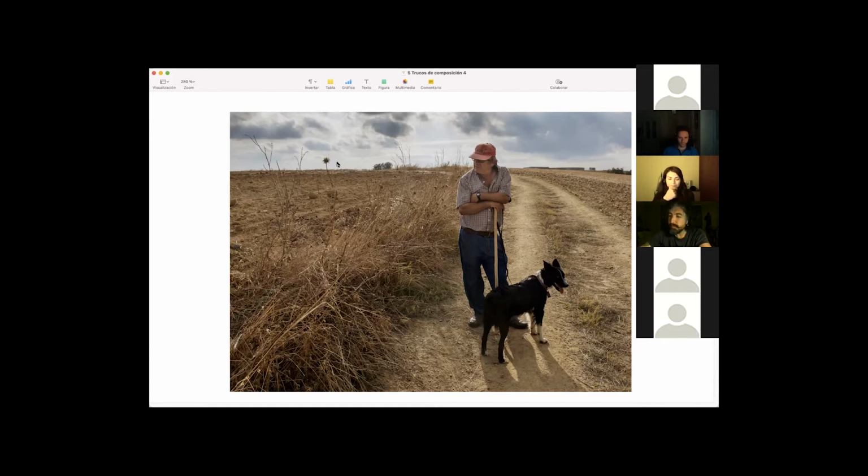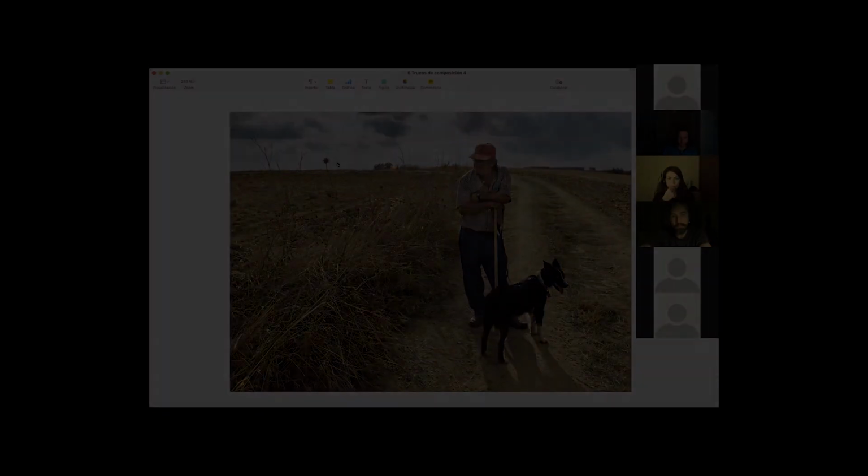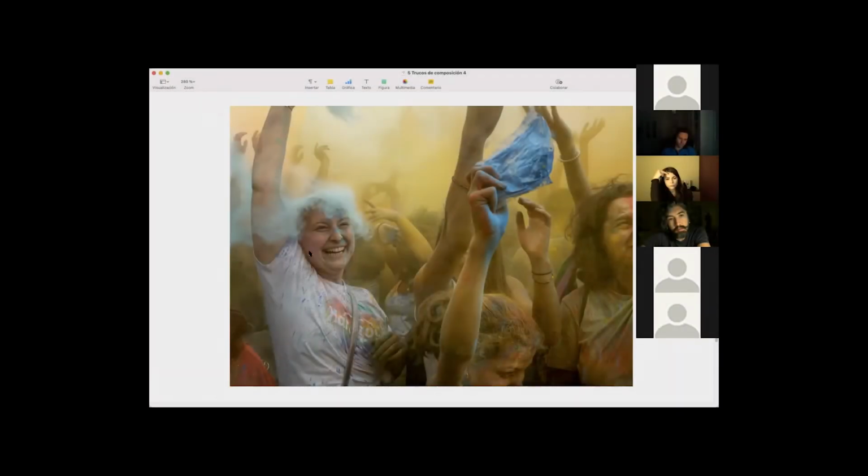Because I want to talk about the place. I want to talk about where these guys spend the time and all of that. We see ourselves sometimes in the middle of situations where there is loads of people, and it's very complicated to photograph when there is a big gathering of people. I don't know if any of you go to demonstrations or parties or stuff, and it's complex, right? Because how you compose with the rule of odds and guidelines and all of these things in a big gathering.